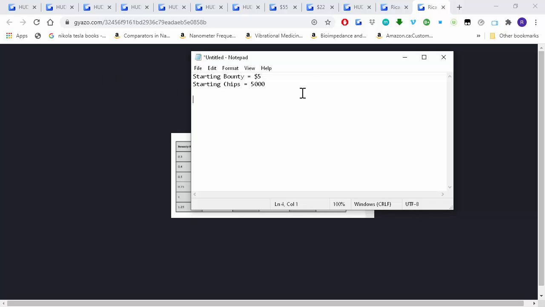So we say both of these are 1, because 5,000 chips is 1 starting stack. And then the formula is